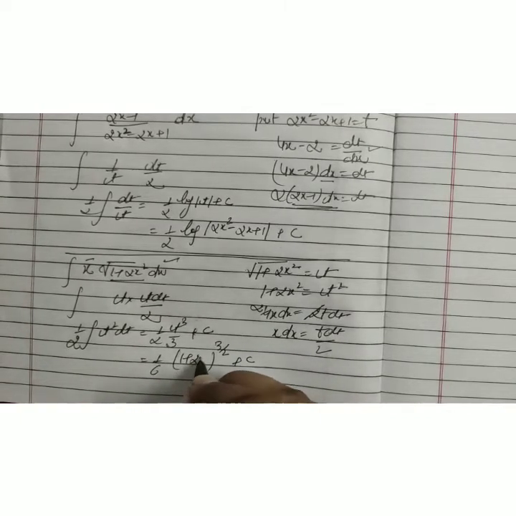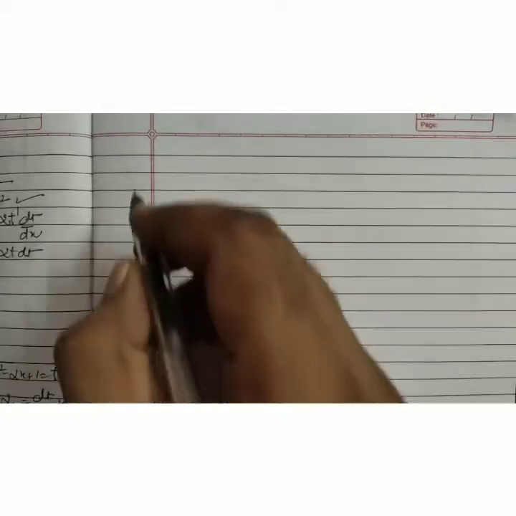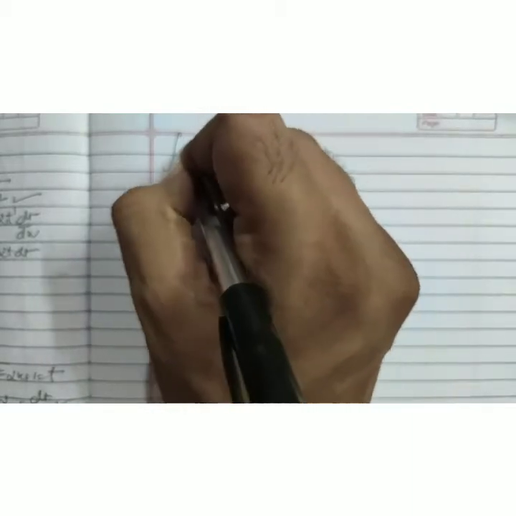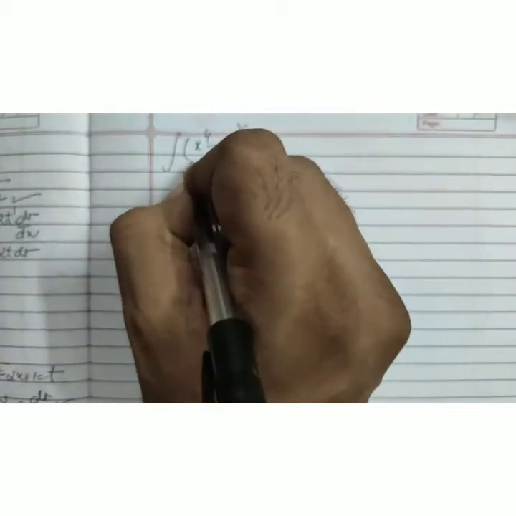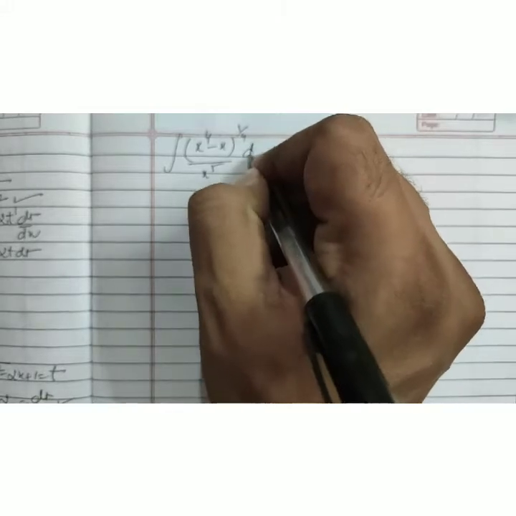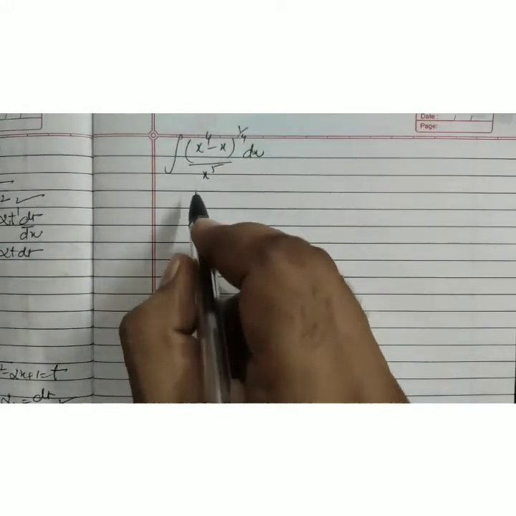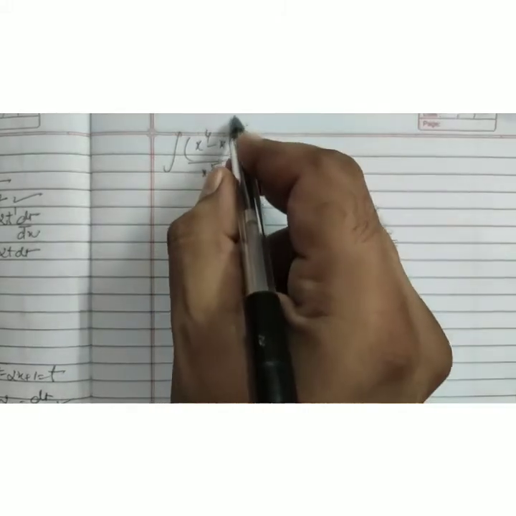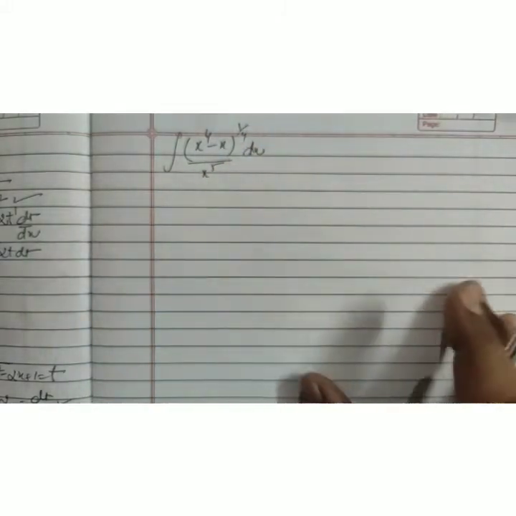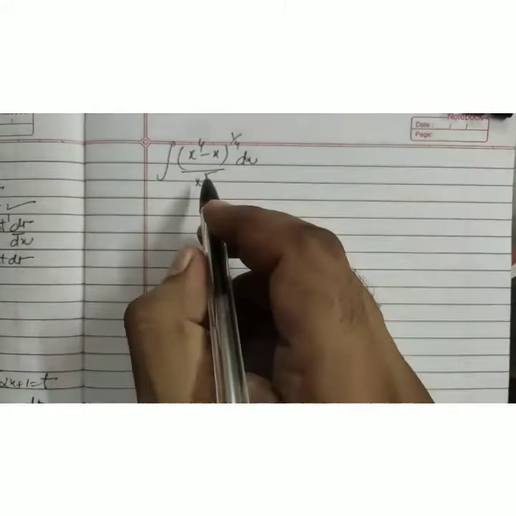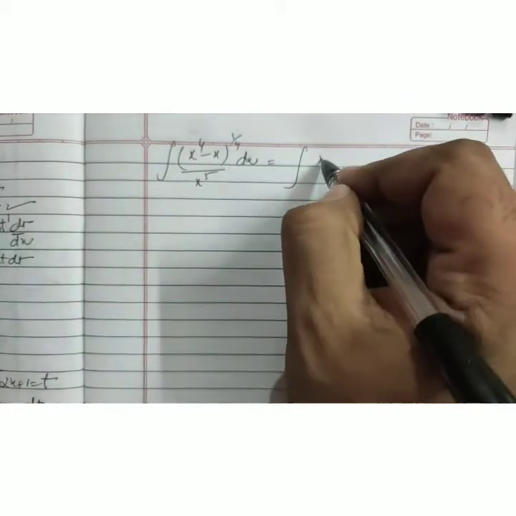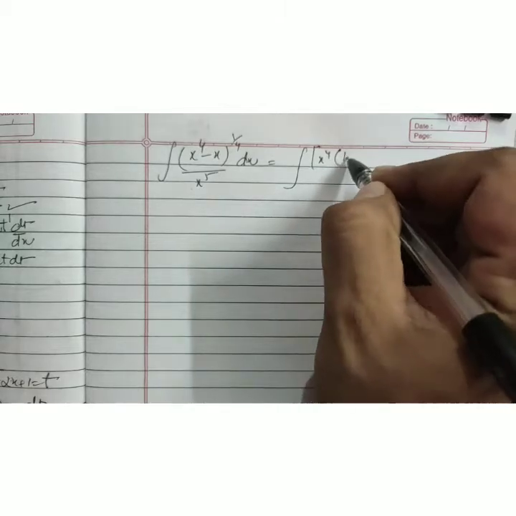1 plus 2x square is the value for it. Another example: integration of (x⁴ − x)^(1/4) divided by x⁵ dx. If you see here, the denominator contains the higher power as compared to the numerator. In this case, when a fractional power is there, we try to get the fractional power out of the function like this. Taking x⁴ common, we get this one,